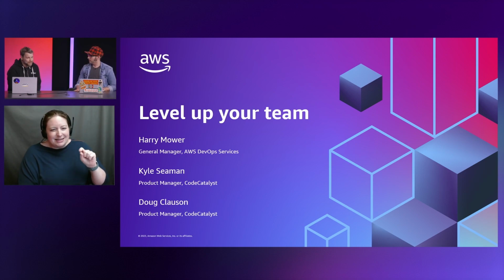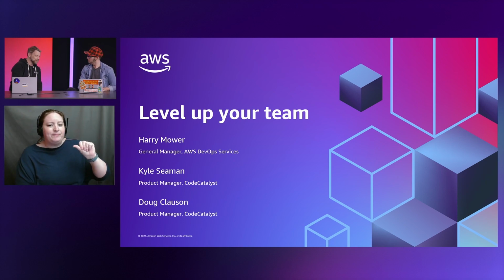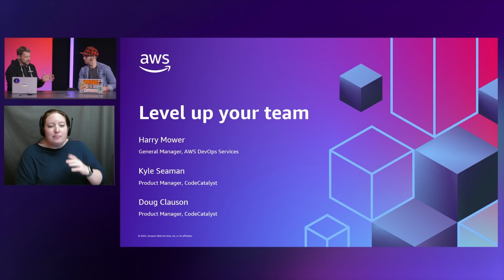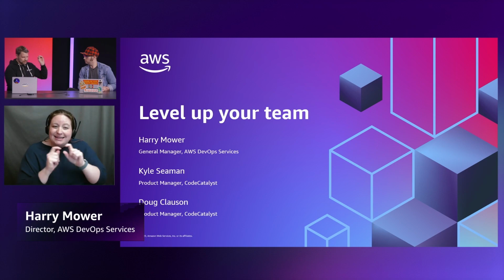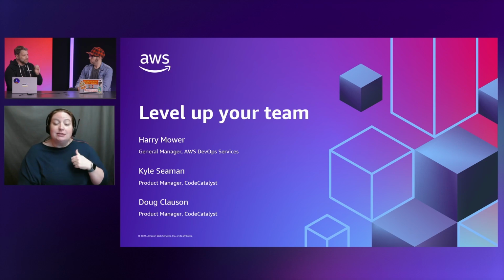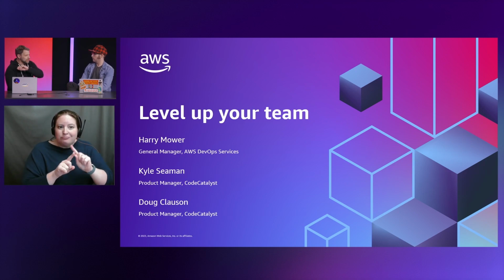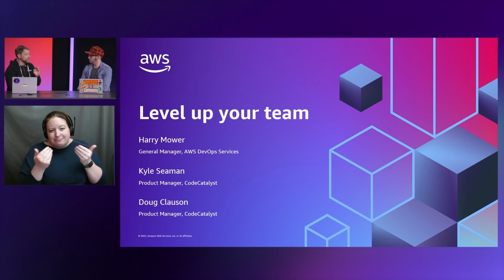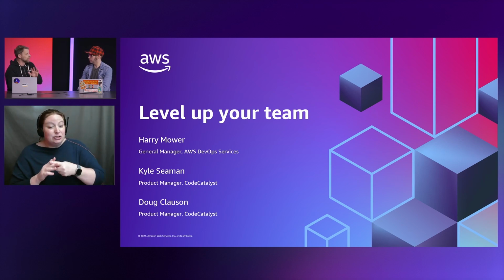Sure. So let me explain what Code Catalyst is, and then we can get into where it fits in the overall portfolio and why we built it. So Code Catalyst is an integrated DevOps solution for any team that wants to go from planning to deployment in one seamless experience, right? And so we built this specifically to make it easy for you to come to AWS, start a developer project, pick from a number of different blueprints, and easily get going, but then have a place for you to collaborate with your team. So very important, like a lot of things get you started easy at AWS. This gets you started easy and puts you in a place where you can work with others and actually build